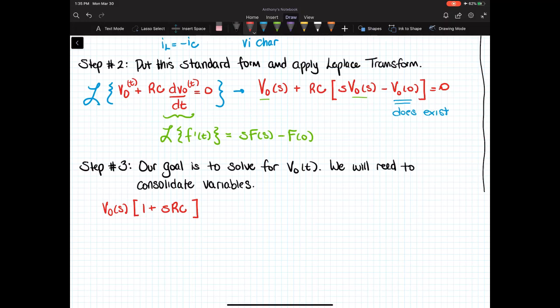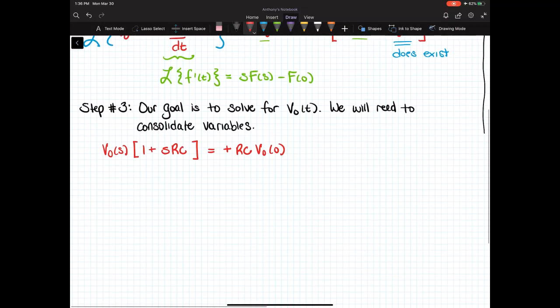Now, what that will be equal to is, on the other side, we'll move the initial condition over to the other side. And so that will leave us with a positive RC times V output initial condition. All right. Now, if we wanted to, real quickly, we can